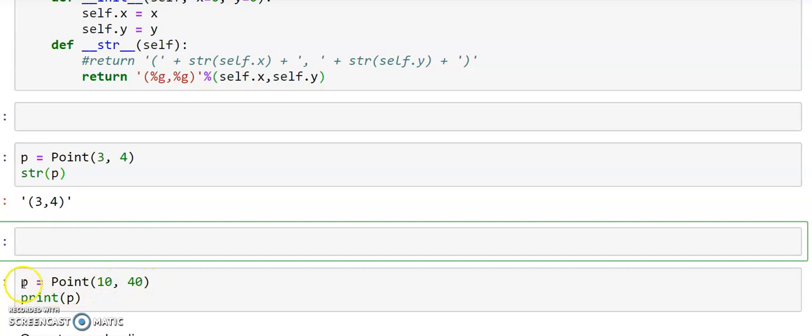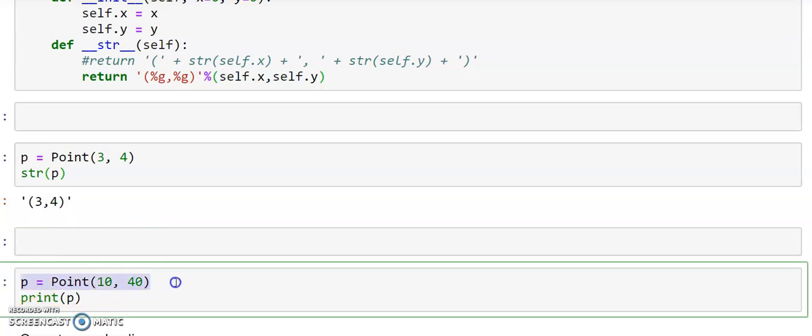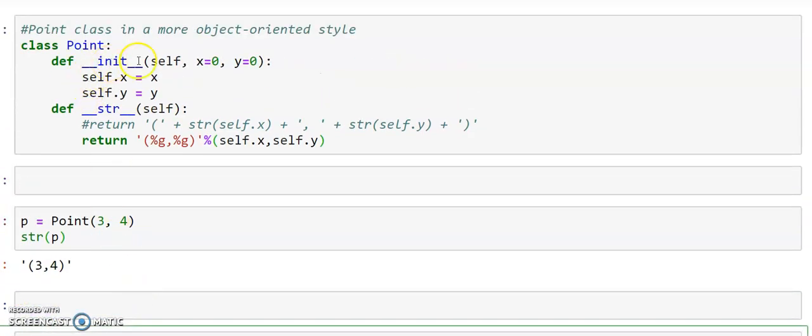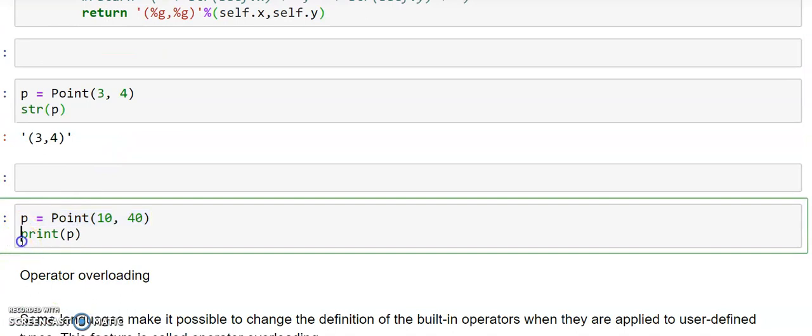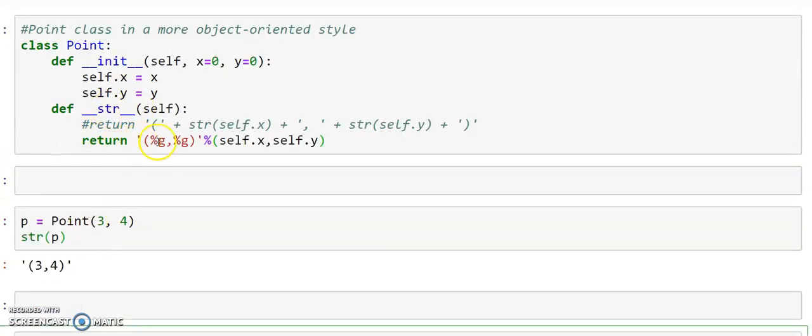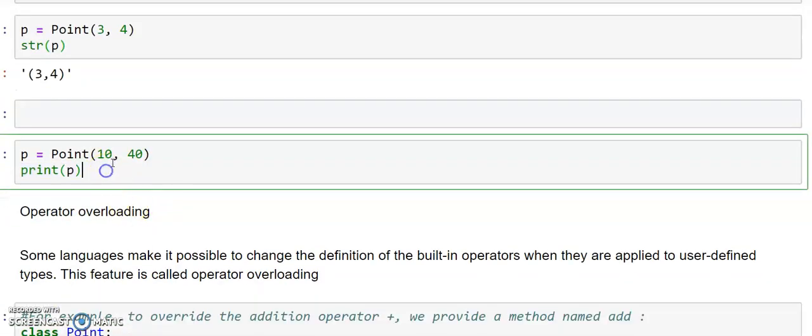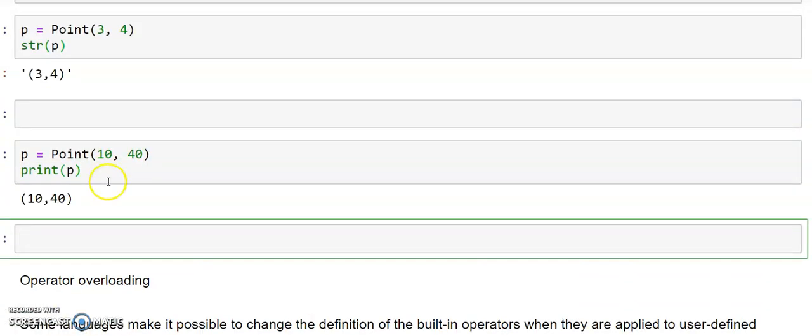When we create an object, it invokes the __init__ method, which assigns the x value and y value. Then when we invoke print(p), it invokes this __str__, and we get this result. So we get this value, 10, 40.